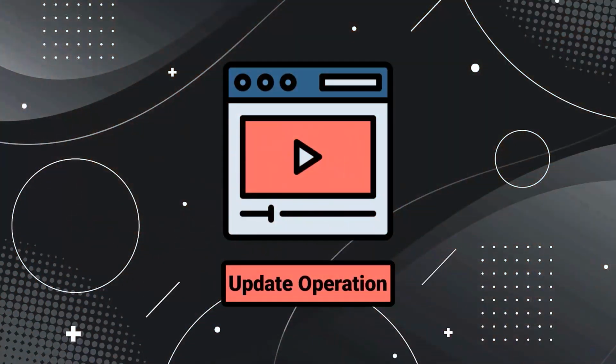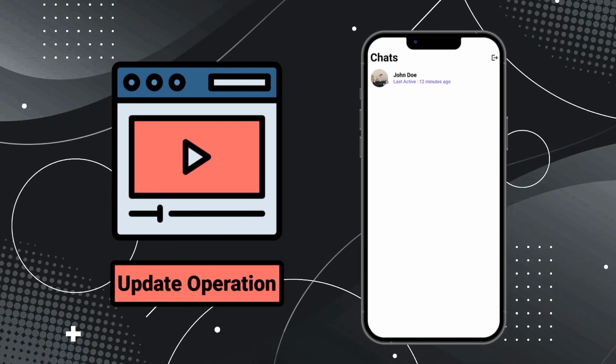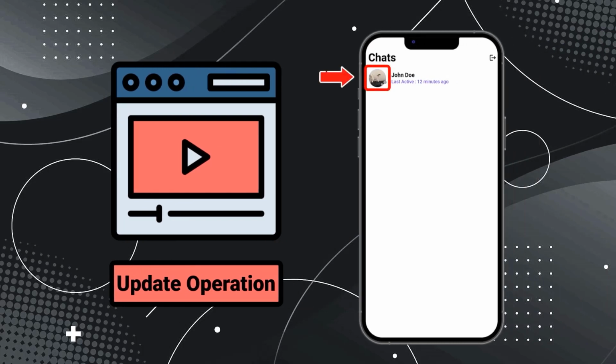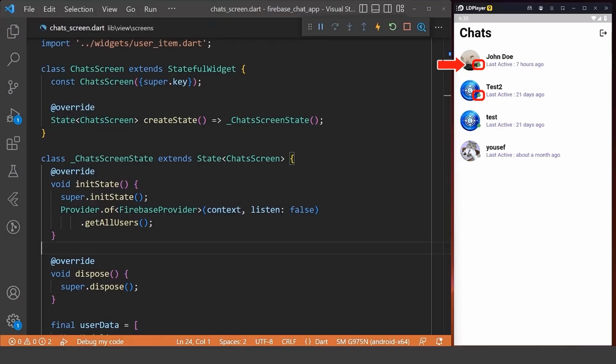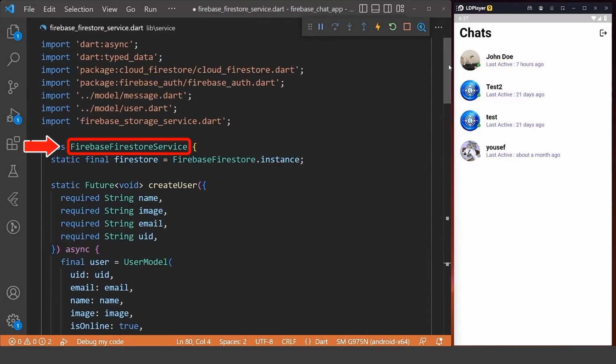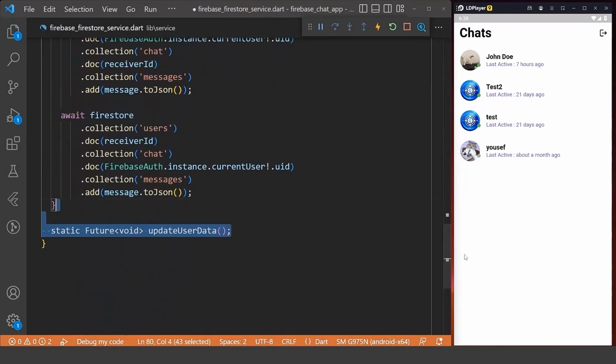In this video, we will use the update operation to update the user data such as his online status and last active time when user opens or closes the app. Till now, we were showing the default online status and last active time. First of all, go to this Firebase Firestore service class, scroll down and create this static method update user data,